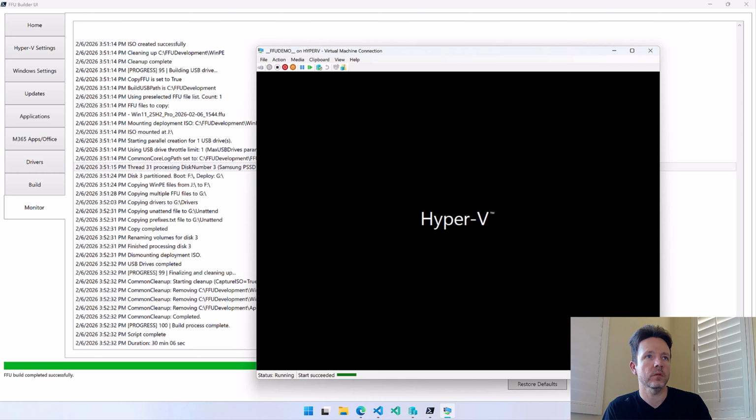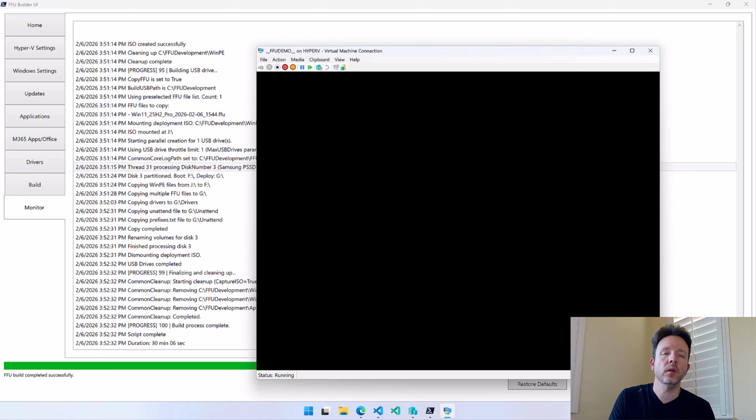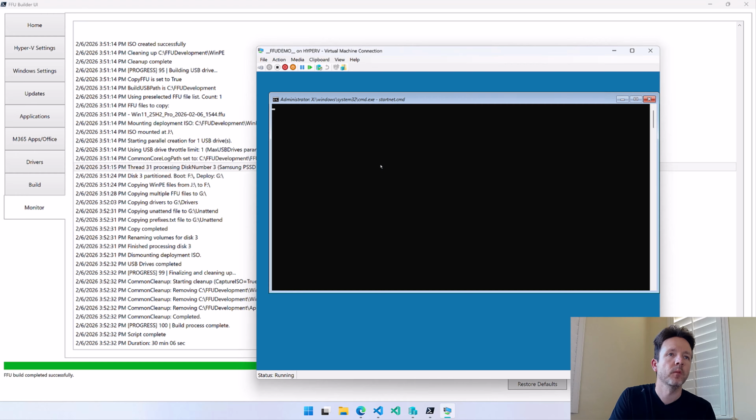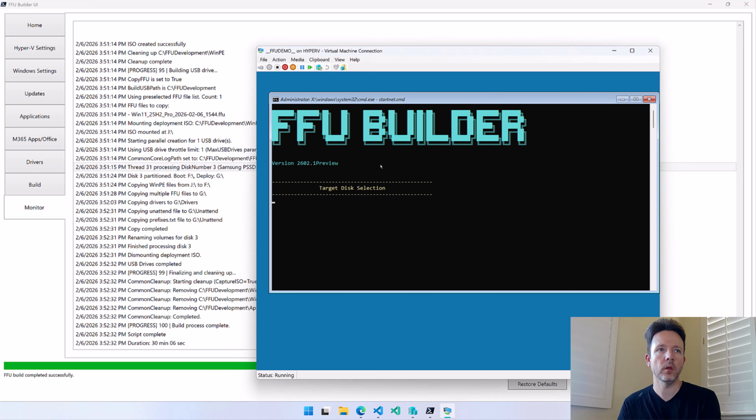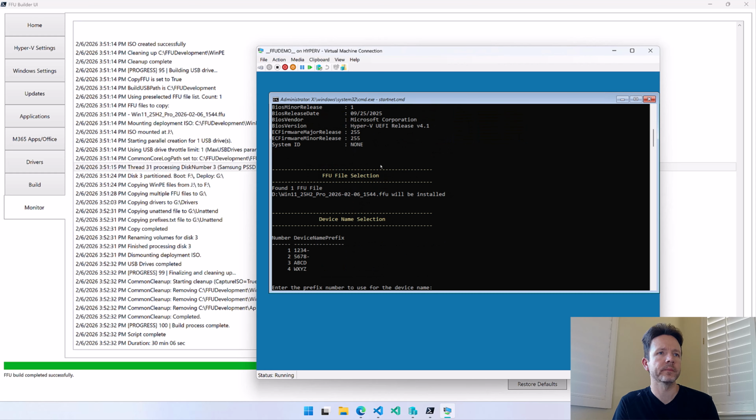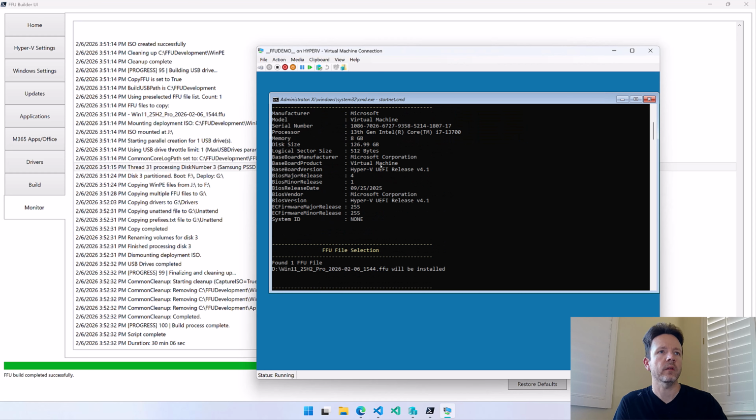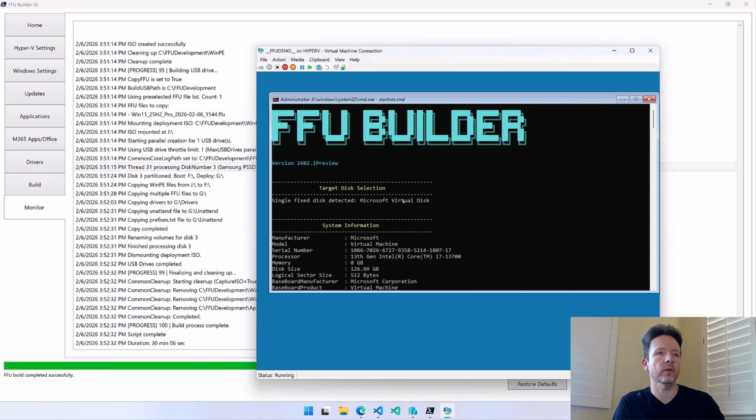Okay, so we start it up, and we're going to boot off of the boot media. And this is what the experience would be like if you were building your own physical machine. So you'll see that we're using FFU Builder 2602.1 preview, and we've detected a single attached disk,